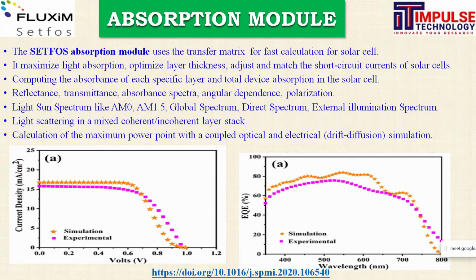So software plays a major role since it is based on theory, modeling and simulations. You can expect 95, 96, 98% accuracy as compared to the experimental. This is a paper reference published by IIT BHU on a perovskite solar cell, and they found the results to be approximately 95 or 96% accurate using this software.